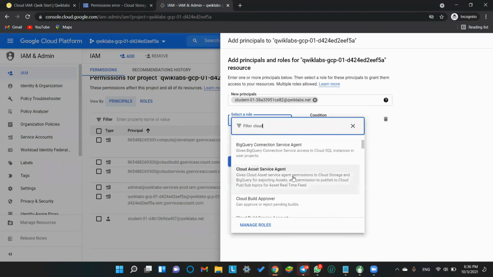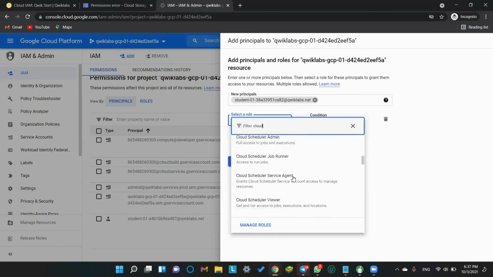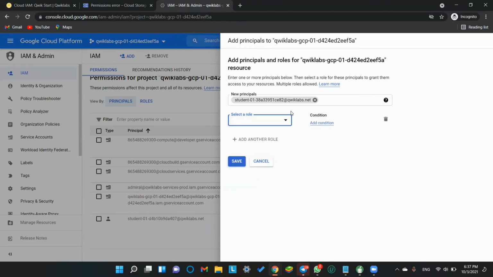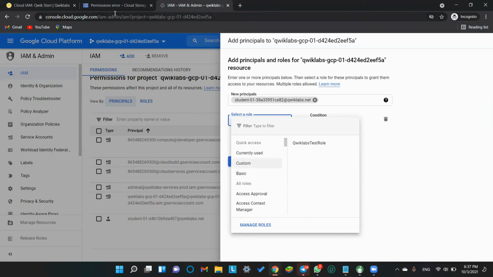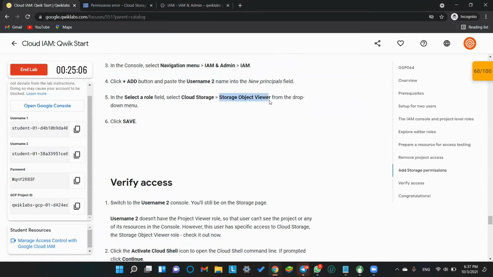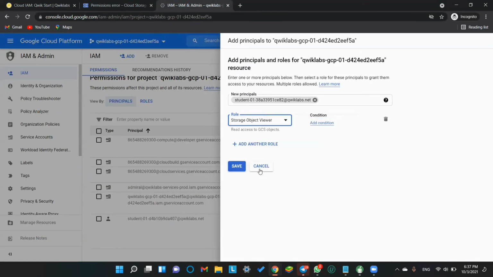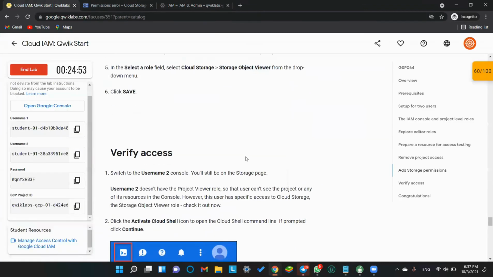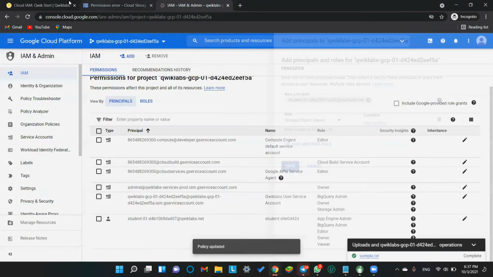We still don't have that. Where is it? Storage object viewer. Let's search this. Control C, Control V, Storage object viewer. Okay, we have got it. Storage object viewer. Now click Save. We just added the role.